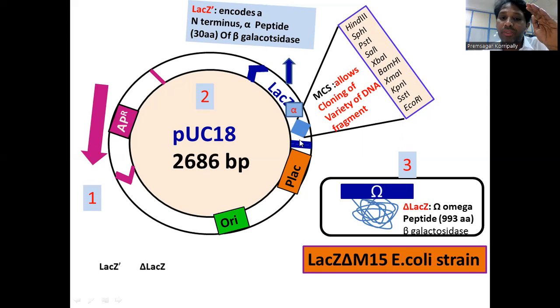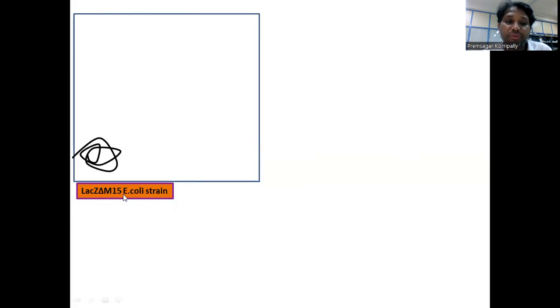So the alpha region is present in the vector, and the omega region is present in the E. coli host. So whenever you transform this pUC18, then these E. coli can form blue colonies in the presence of X-gal. So this is the basis for the alpha complementation, right? So now you see this is the LacZ delta M15 E. coli strain, which has only the omega region encoding region, which encodes the omega peptide,